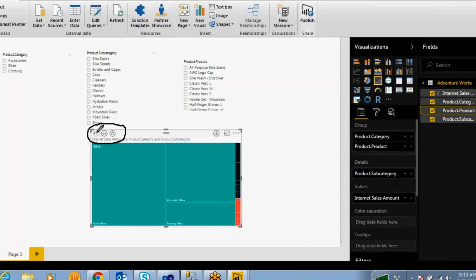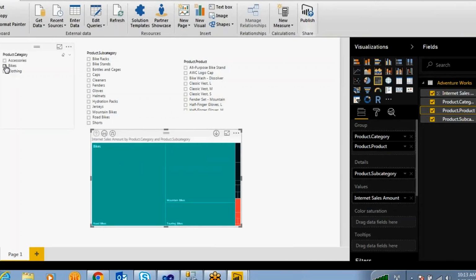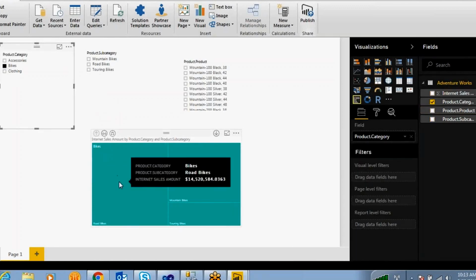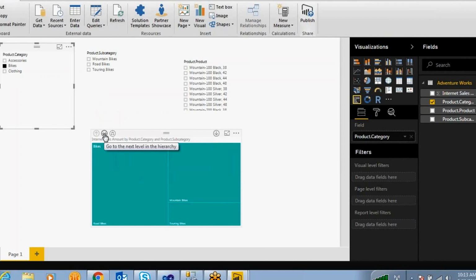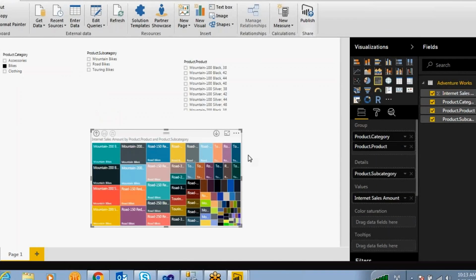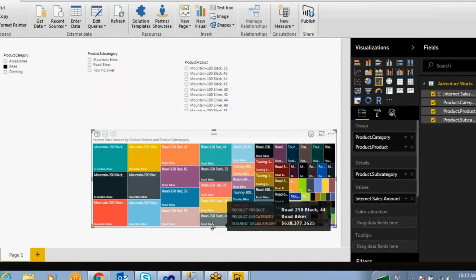So this one is the top level, and this is going to the second level, and the next level it will change. For example, I want to select under this bikes only. For these bikes you want to see only all the subcategory information. See, these are all the subcategories under these bikes.